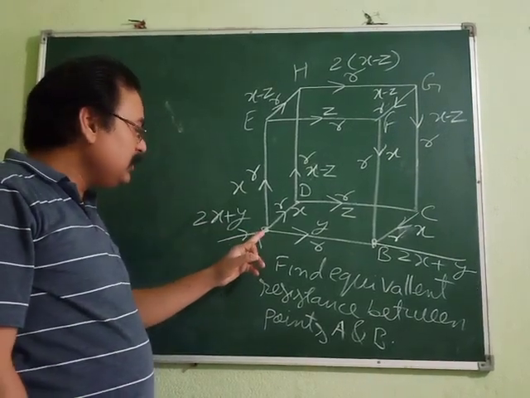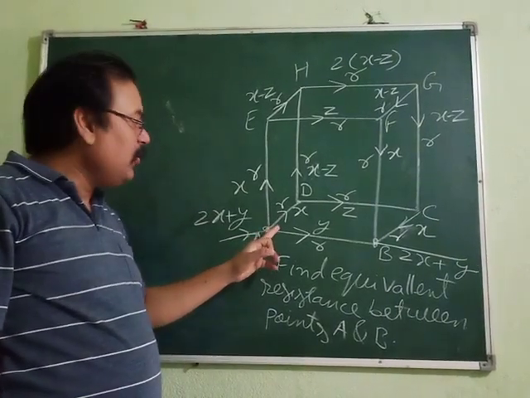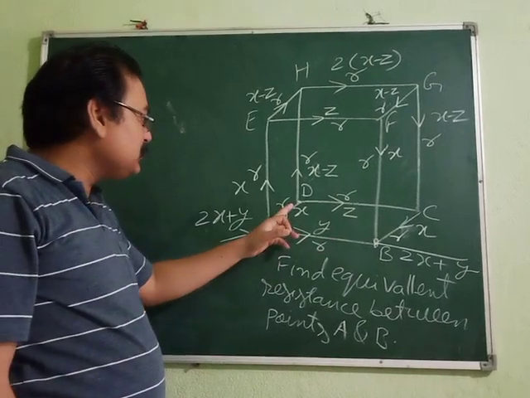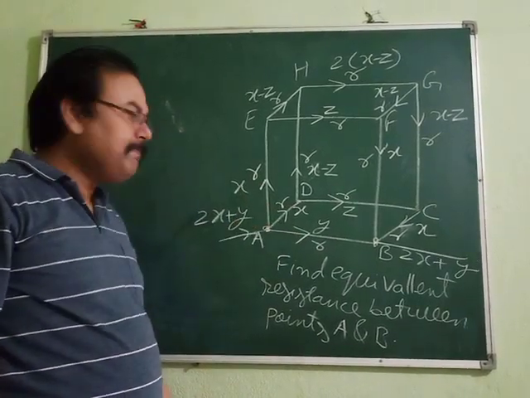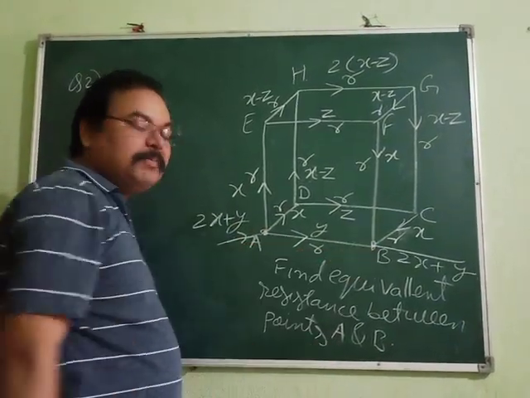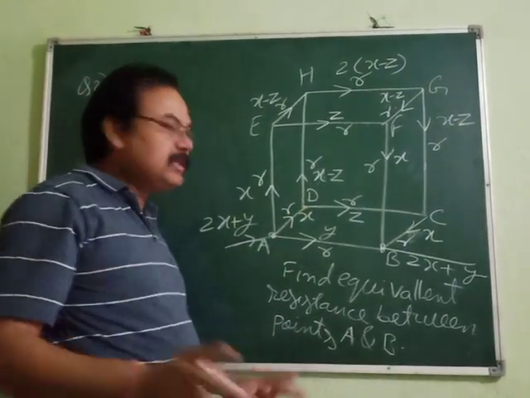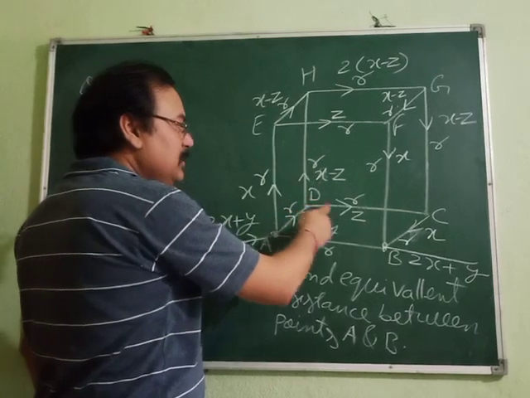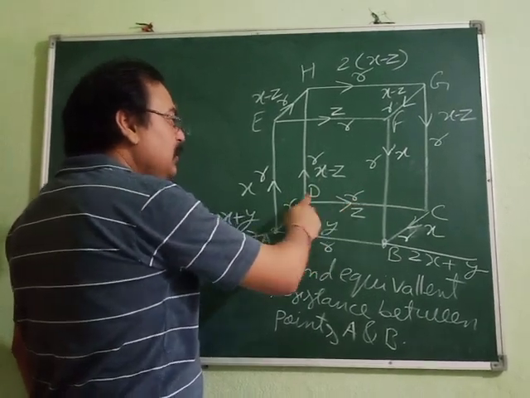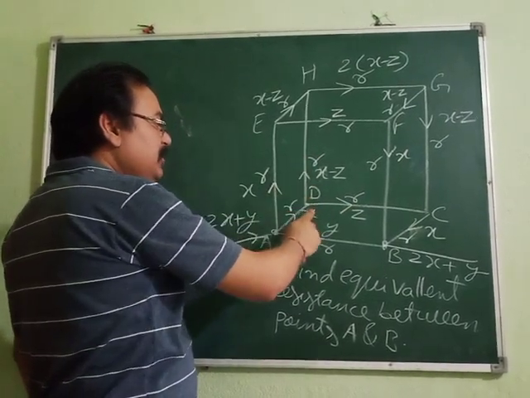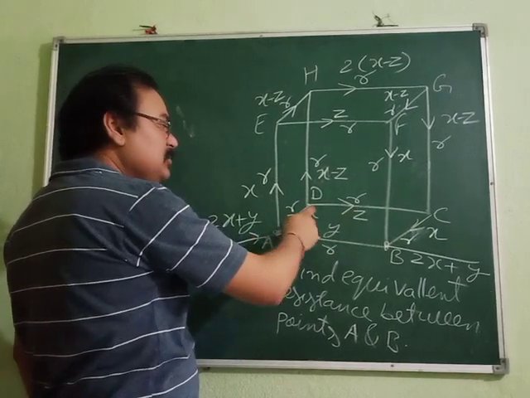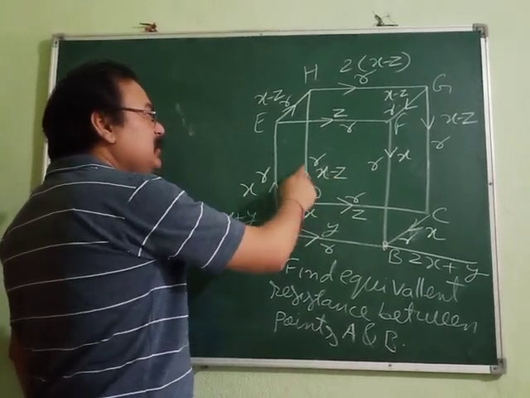It is reaching here, and then it gets divided. Y is passing through this path and x is passing through this and this. Now y reaches the terminal B already, no problem at all for that. X reaches here, it gets divided into two parts because it has got two branches. So Z travels through this path, and from this path how much is left? X was total, Z has gone this side, so the remaining x minus Z reaches through this path.